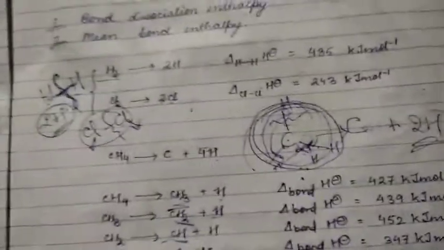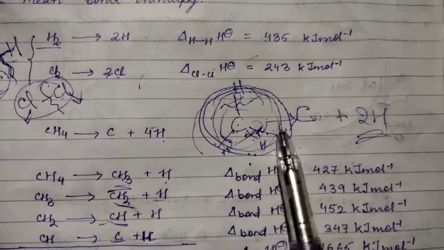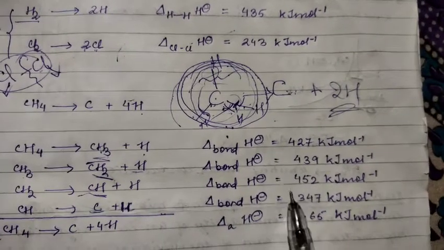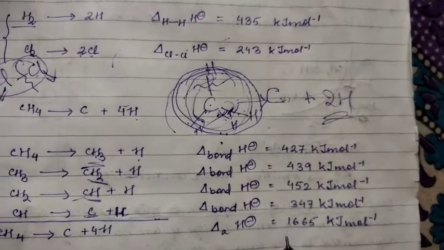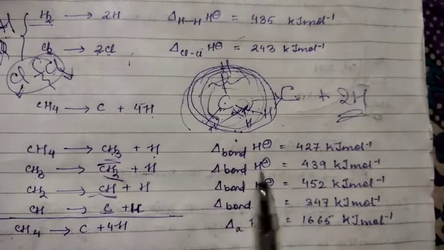And while breaking each hydrogen, you will get different values. You will require different energies in order to break them. Therefore all these are positive. You need to apply heat, you need to apply energy. Okay, so all these are positive and all these have different values, right? So we are not going to memorize the values here, we'll just use the example here.